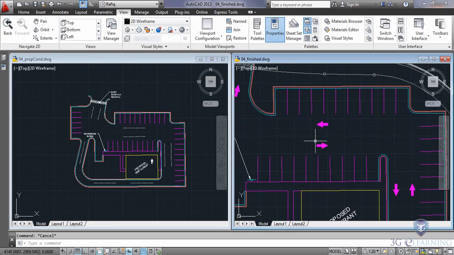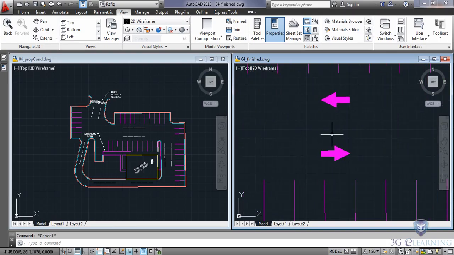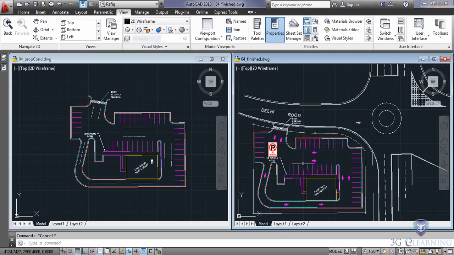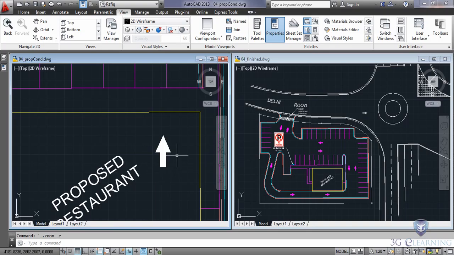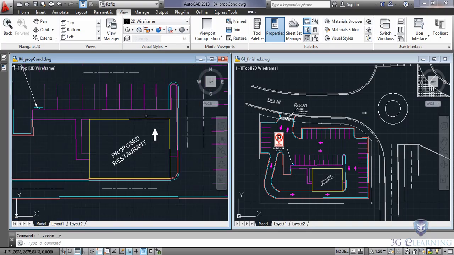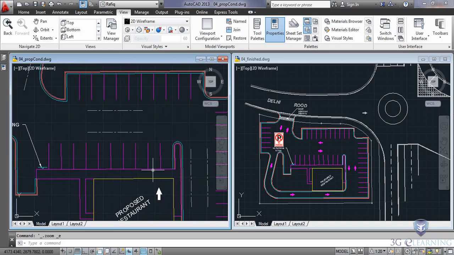After working with the reference, I'd like you to create a block, specifically this arrow that represents the traffic flow pattern in the parking lot. If you look at the drawing I've provided, you'll see that I have already created the geometry for this arrow. Simply turn this geometry into a block. I've also provided some center lines to help you place these in the drawing. If you center the symbols on this line work, they will fall in the same place that you see in